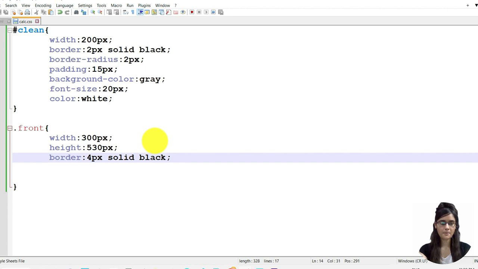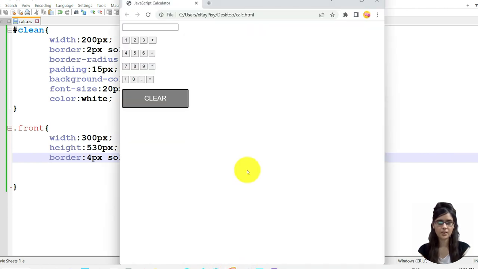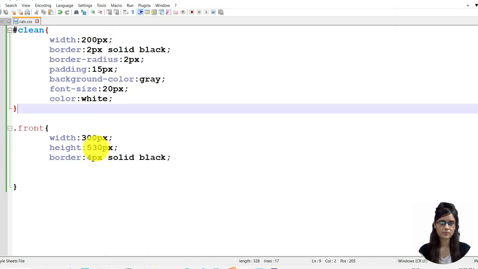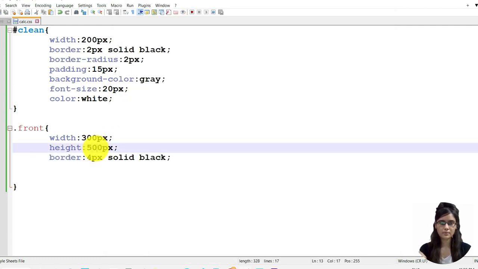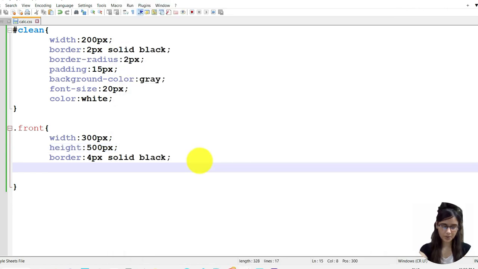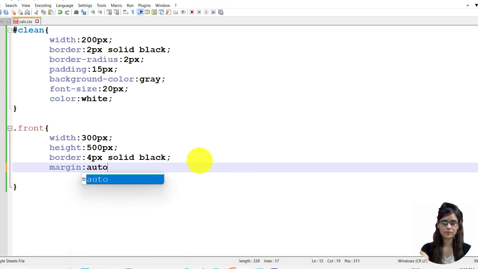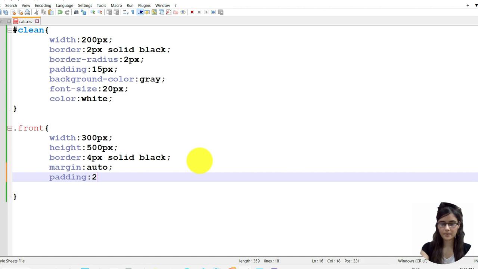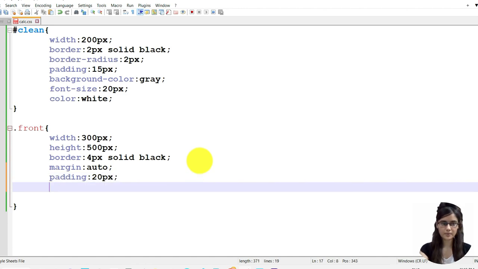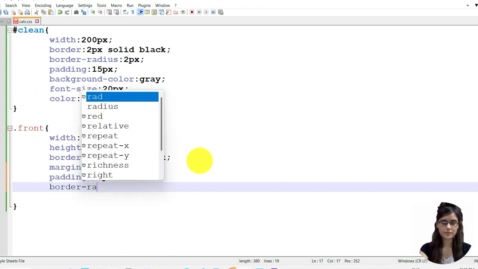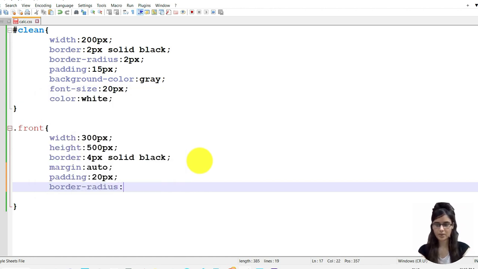Done. So now we will add the margin, that is auto, padding 20 pixel, and border radius we have 3 pixel.